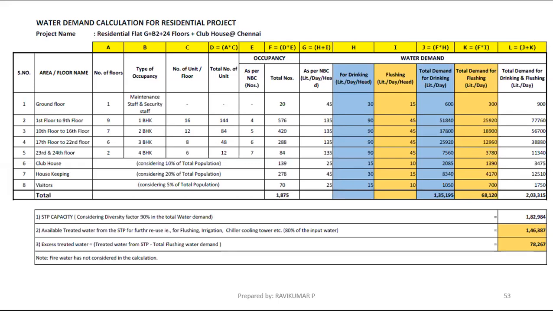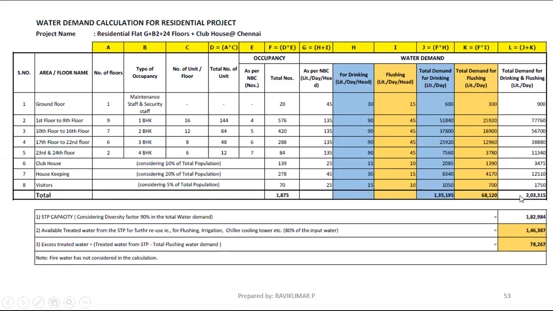So approximately 135 kiloliter you have to give for the domestic drinking purpose. For flushing demand, 68 kiloliter or 68,000 liter you have to give. If you add both, the total demand is 2 lakh 3,350 liter. Approximately you can call